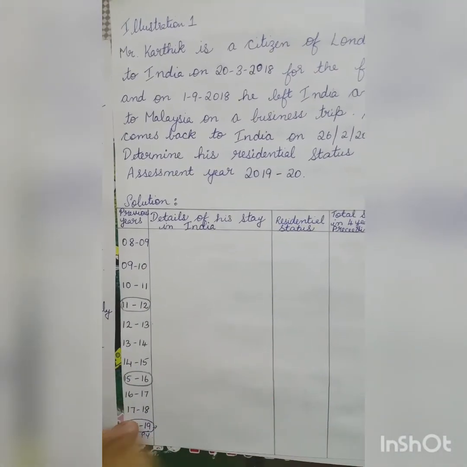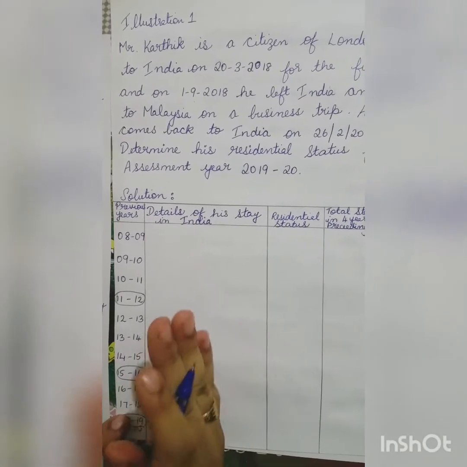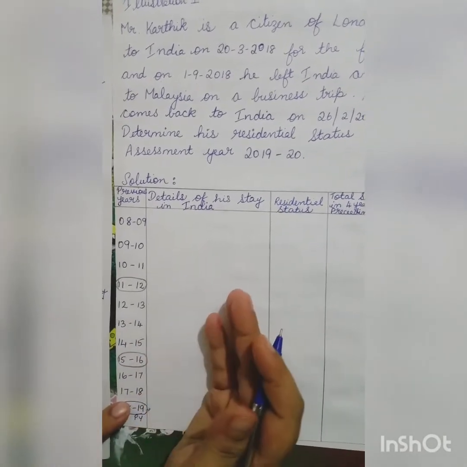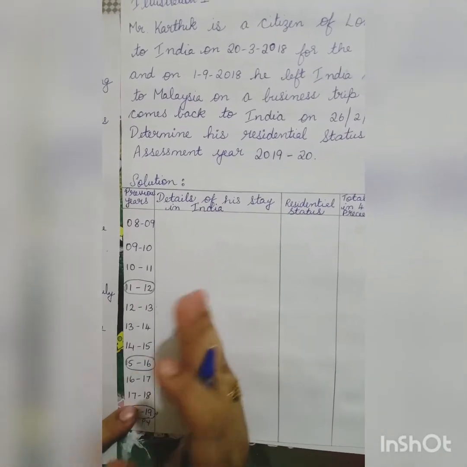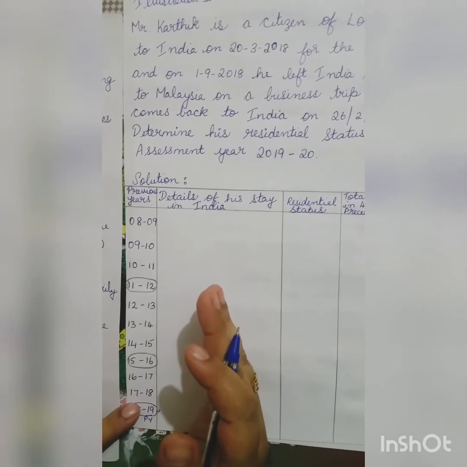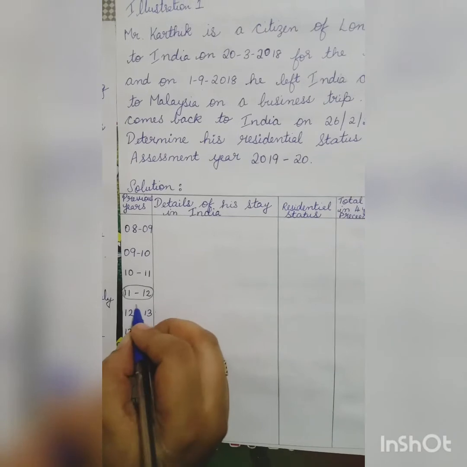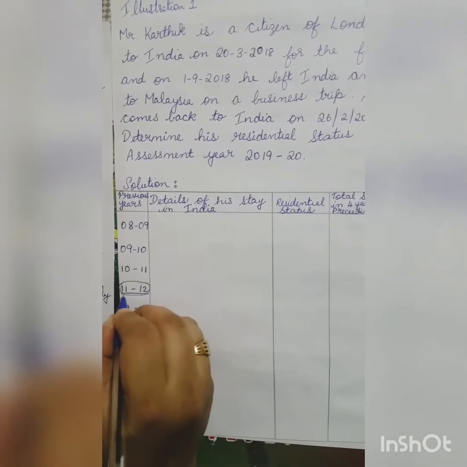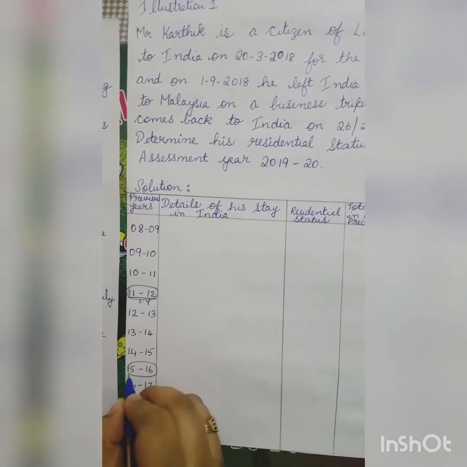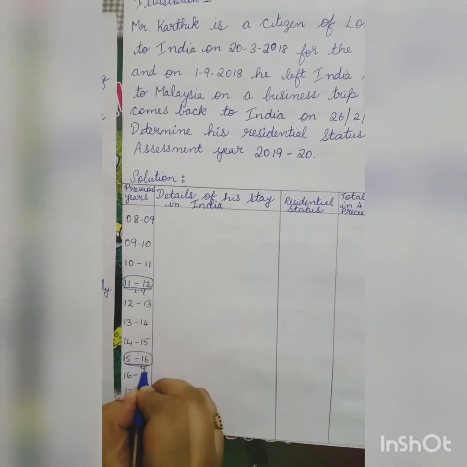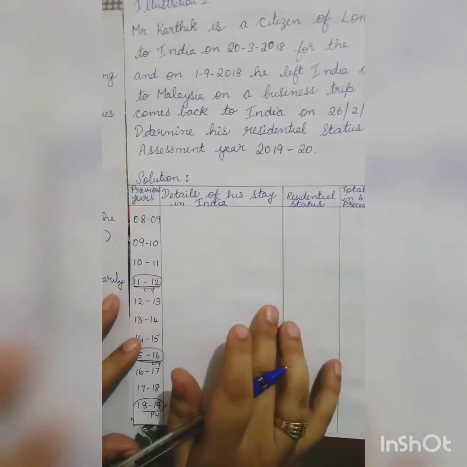After that, the next thing you need to do is write down the leap years. Generally, in a year we have 365 days. But every fourth year is a leap year. The year in which we have 366 days is called a leap year, and that one extra day is added to the month of February. So the leap years are 2011 to 2012 and 2015 to 2016. So mark the leap years so that we don't get confused when we are doing the calculations.